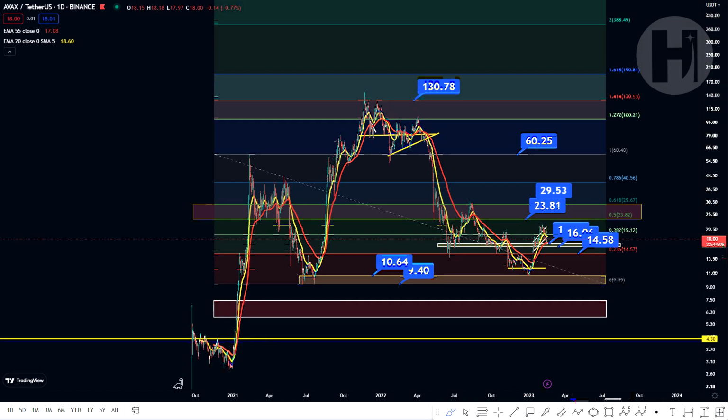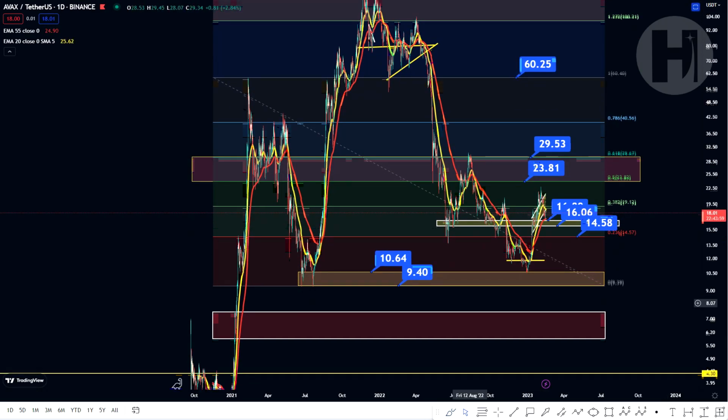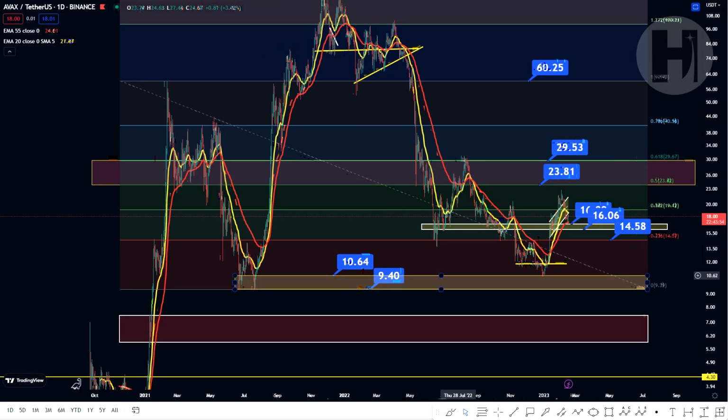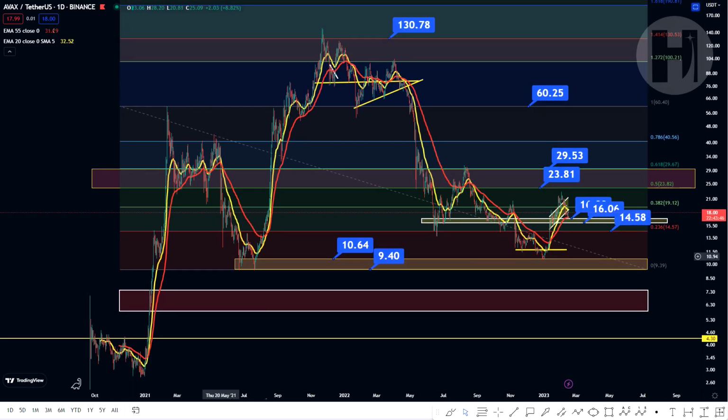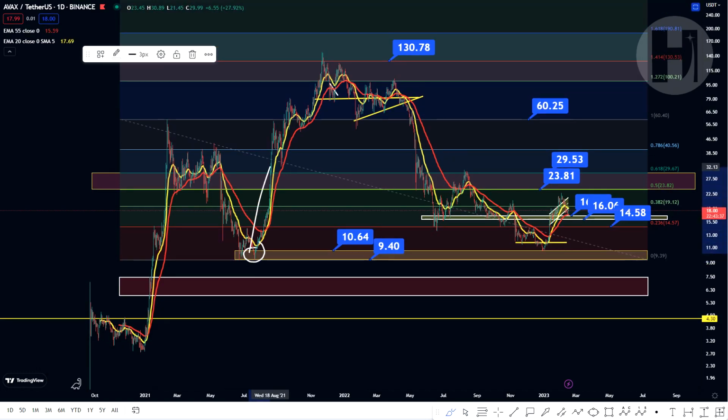I was expecting us to come back down lower than $10. That didn't happen, and that's fine. What also happened, which is important, is that we retested this support block that I've had on the charts since July of 2021. I remember this precisely when I set this up, and I told you guys back during that summer that this would be a pretty good buying opportunity, and indeed it was, because afterwards we saw this massive